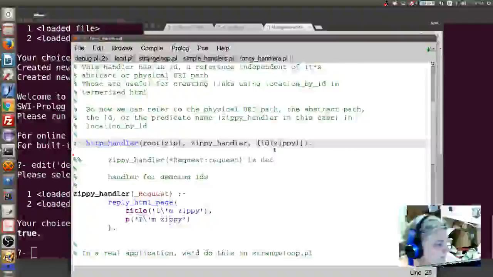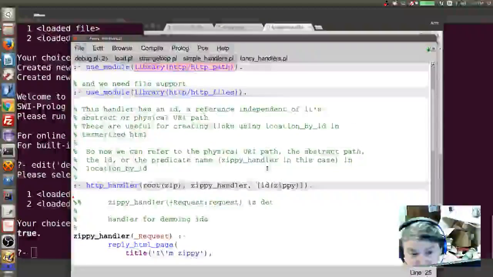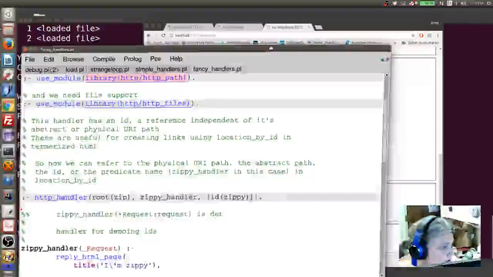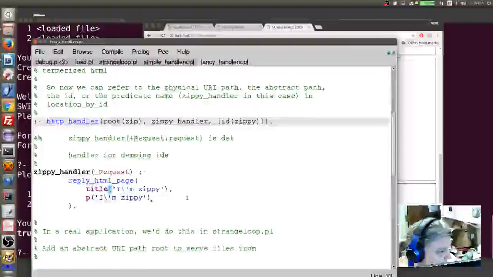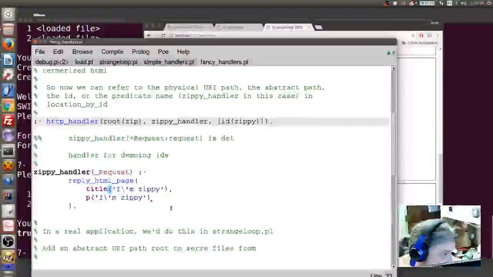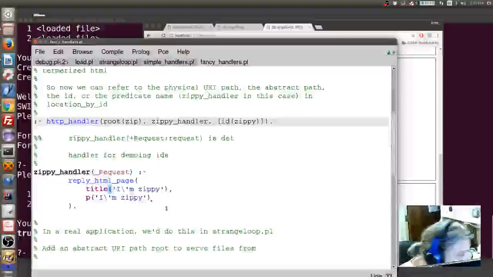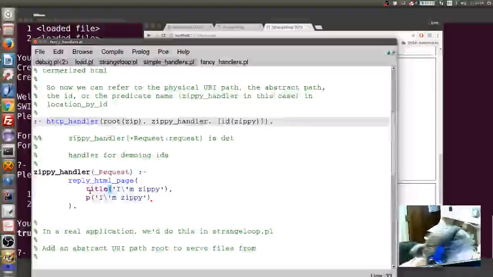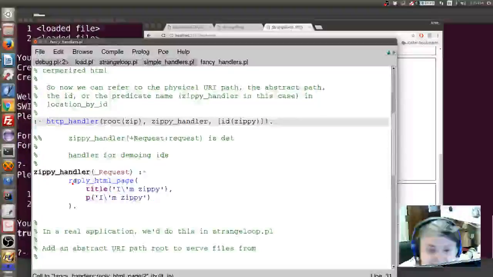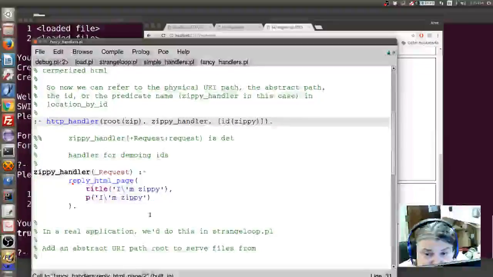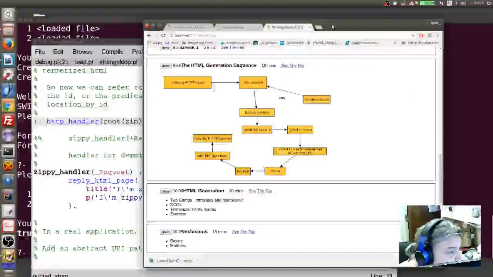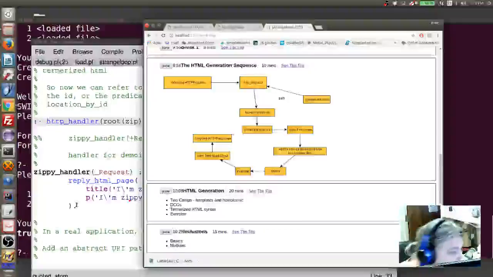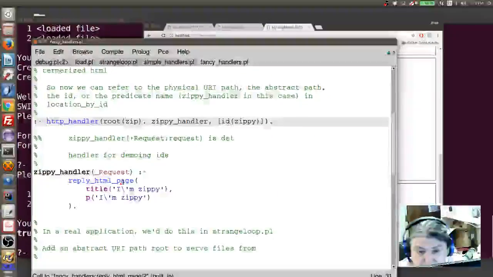Yeah, so if you'll open the file fancy handlers, you can see here's the zippy handler, and reply HTML page takes a pair of arguments, and those are in what we call